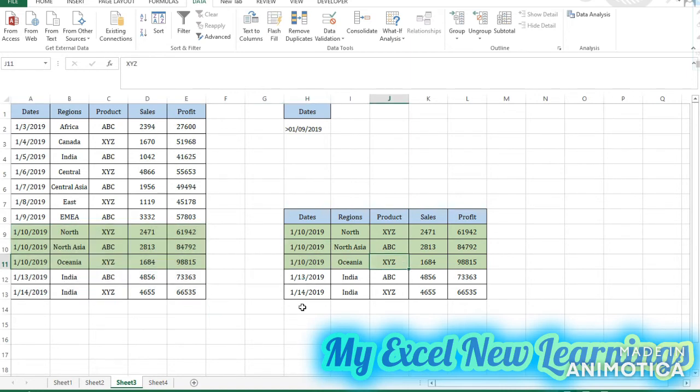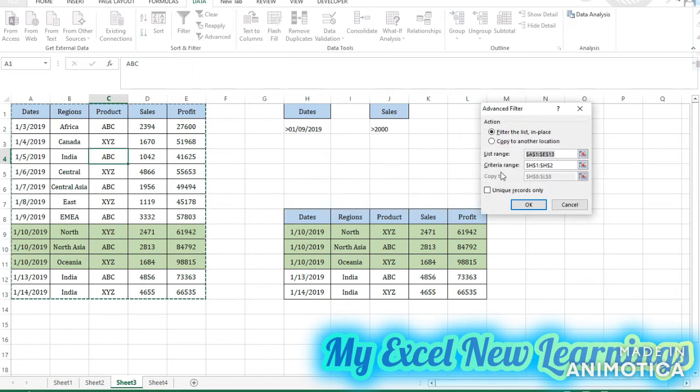So you can use it with the greater than, or if I want the sales, like greater than 2000. So I will use the same, go to the data tab, click on the advanced filter, then copy to other location, then select your criteria.